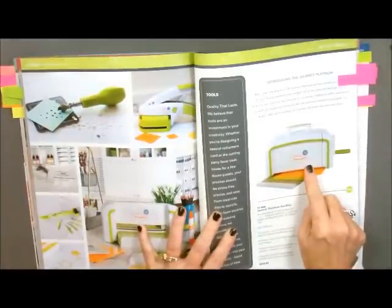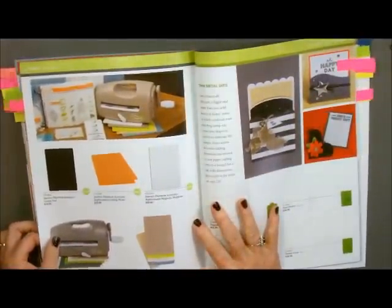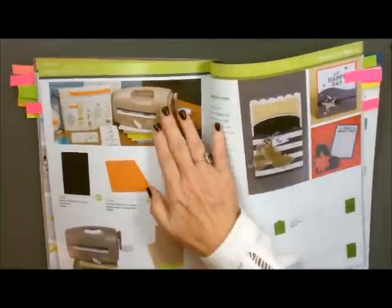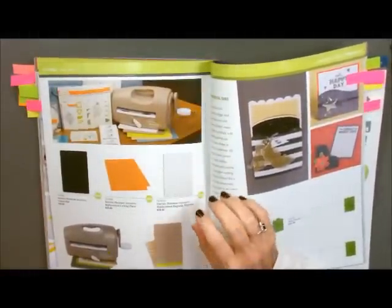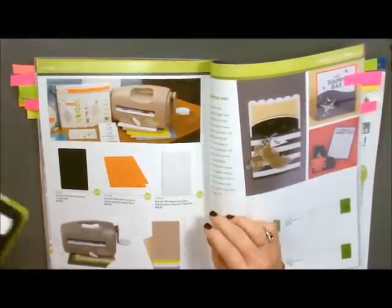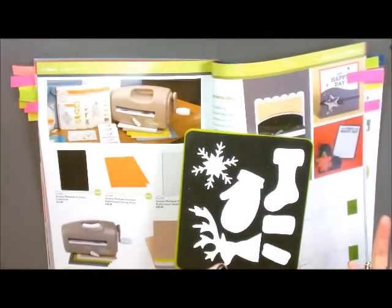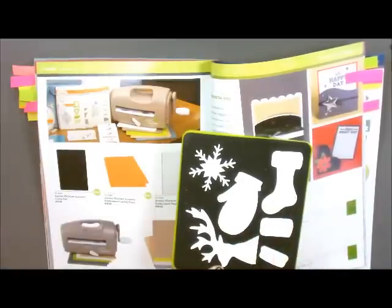There is the Journey Platinum, and then there is the Journey Grand right here. Both of them do the cutting of your dies. Now this one does everything except for the steel rule dies. The steel rule dies are the thicker dies, and that's these right here. These are ones that you can cut 4 or 5 at a time. So you can put 4 pieces of cardstock on, run it through your machine, and it'll cut out 5